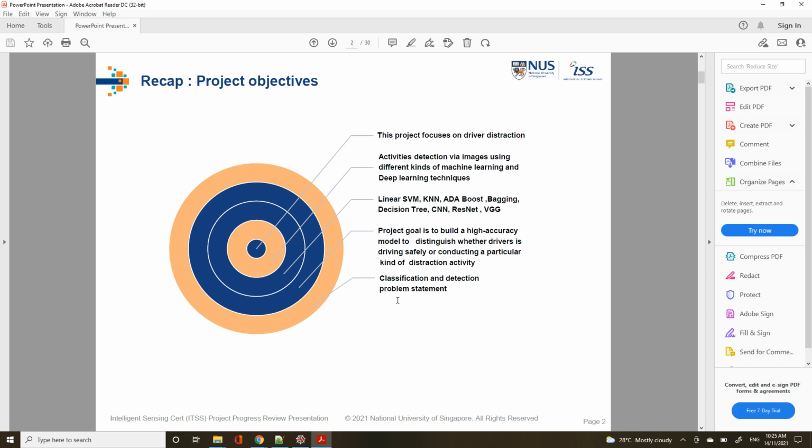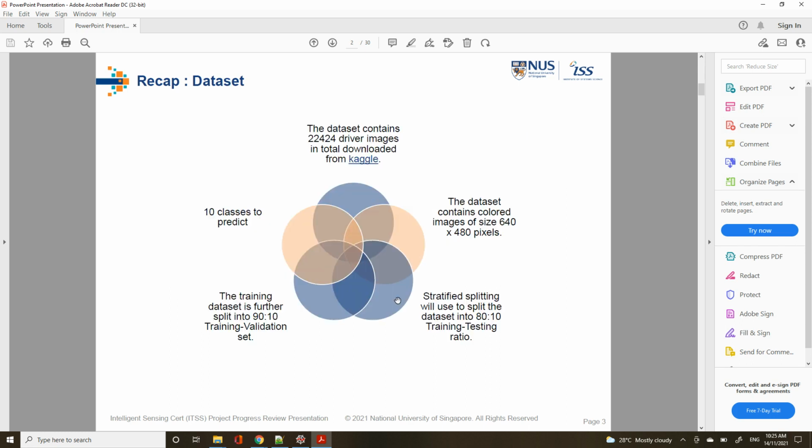The main goal of this project is to build a high accuracy model to detect whether the driver is driving safely or conducting a particular kind of distracted activity. This is the classification and detection problem statement. This is the main objective of this project.